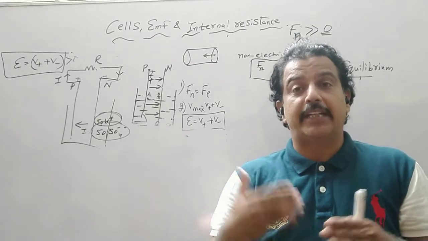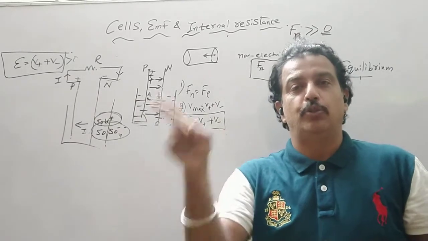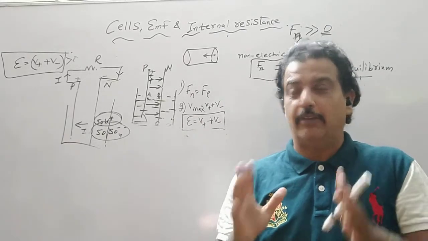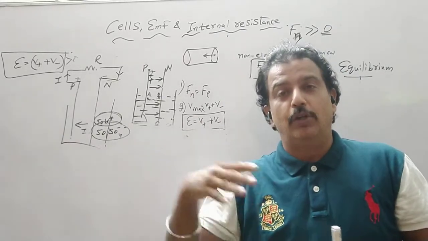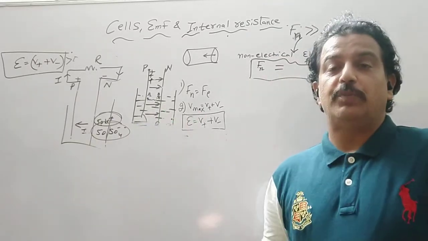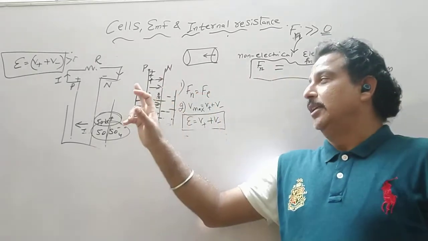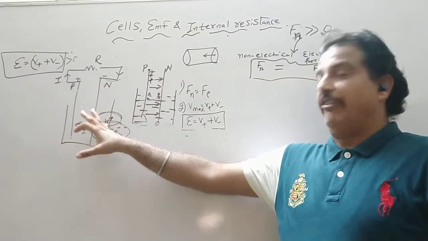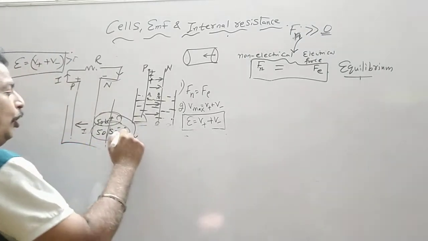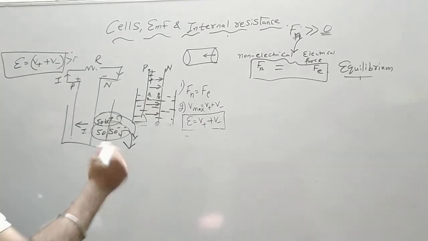So our electric force will oppose, and therefore we say work is done to move a unit positive charge from one point to another against the field. So we have an electric field established. Now when we are using the cell, this motion of the ions is being opposed. So our electric force Fe will oppose the motion. Still Fn is greater, so motion will take place, and slowly the sulfuric acid concentration keeps on decreasing. Why does it keep on decreasing?